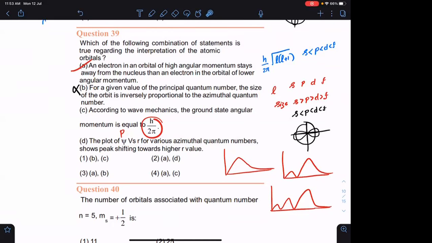Okay. So statement C, considering wave nature of the electron in the ground state, I can say MVR is equal to nh upon 2 pi, 1h upon 2 pi. I can mark C as right. Better options. So A and C are right.